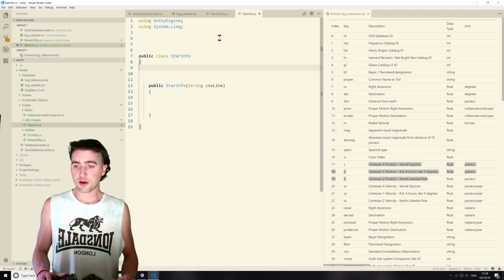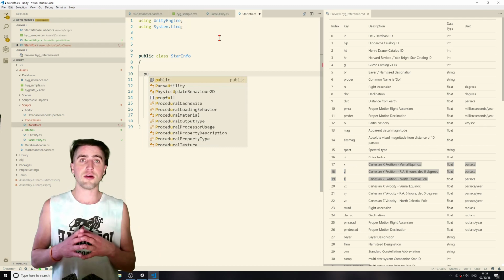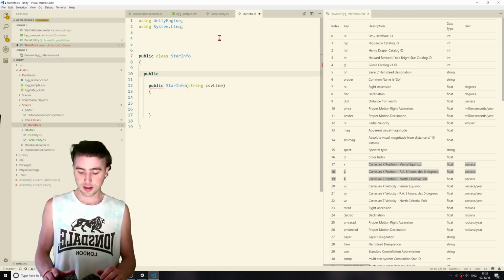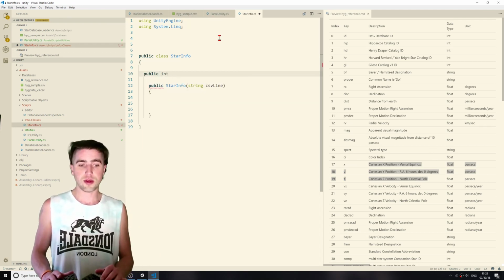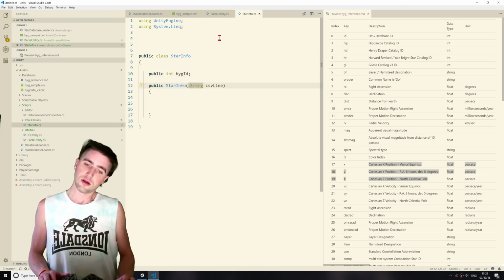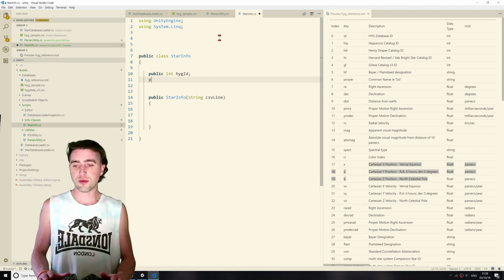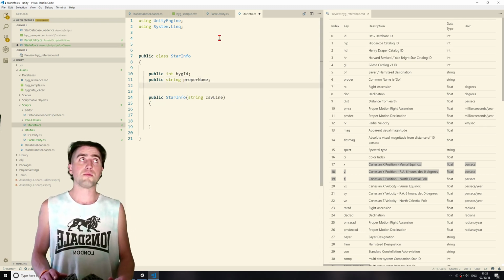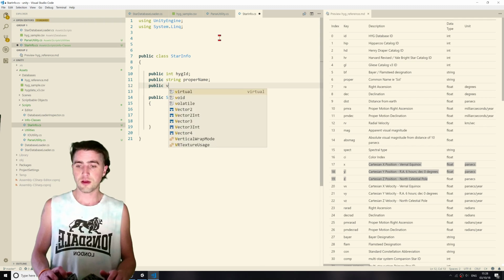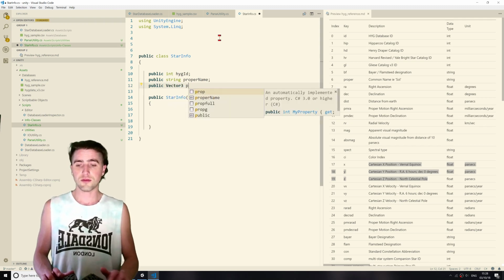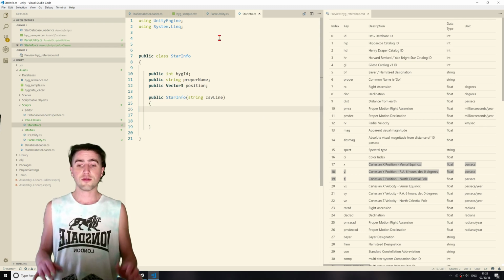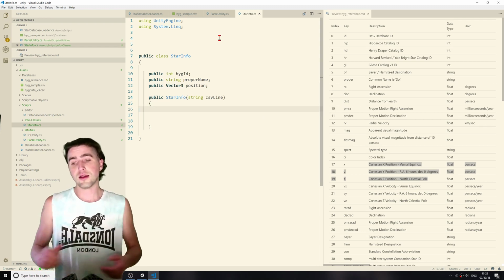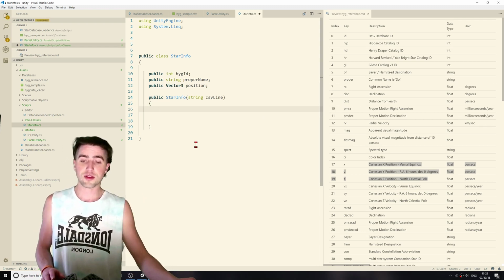So I'm going to have a public class, and I'm going to store our variables in this class. We'll have a public integer, which will be HYG ID, and we'll have a public string, I'll just call it proper name, and we'll have a Vector3, which will be our position. So there'll be a star info for every star, with an ID, proper name, and position,